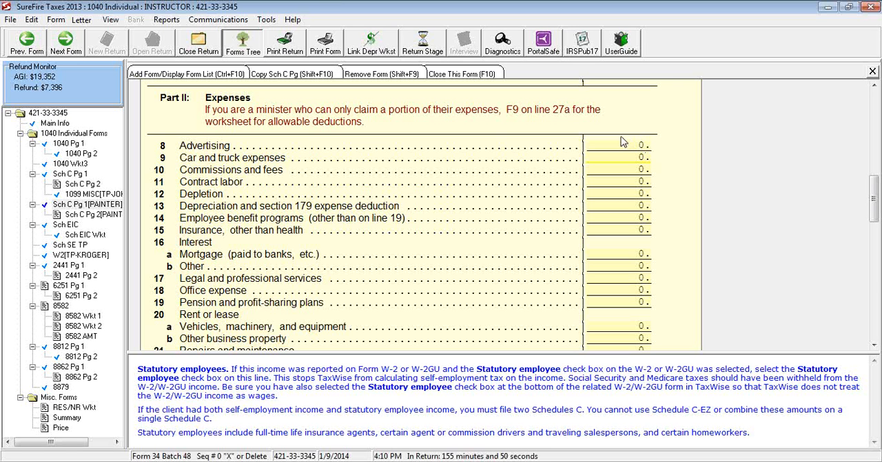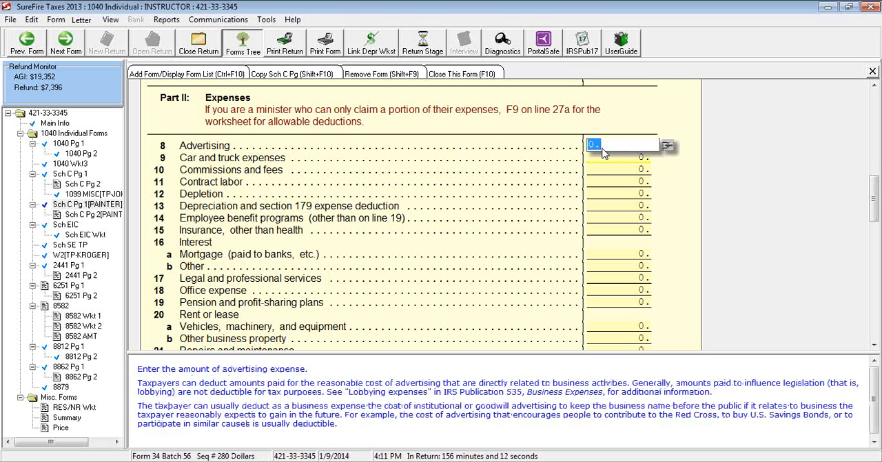All right. So the next thing that we want to do is ask John. Hey, John. We see that you were a painter, and we need to know exactly what expenses you had and what you paid for, so we can report this for you. So the first expense in the expenses part 2 is advertising. We want to go ahead and click on advertising, and let's just say John said, hey, look, I spent $900